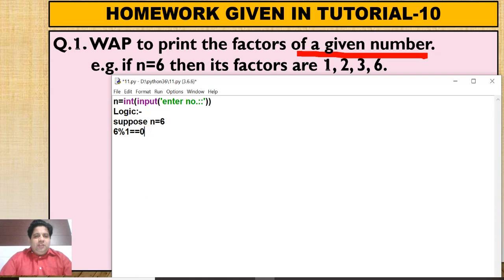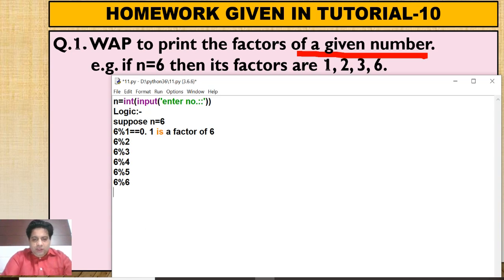If it is 0, it means 1 is a factor of 6. Then you will mod 6 by 2, then by 3, then by 4. Up to where will you mod? 6 mod 5 and 6 mod 6. It means you will check divisibility up to 6, that is, up to that number.